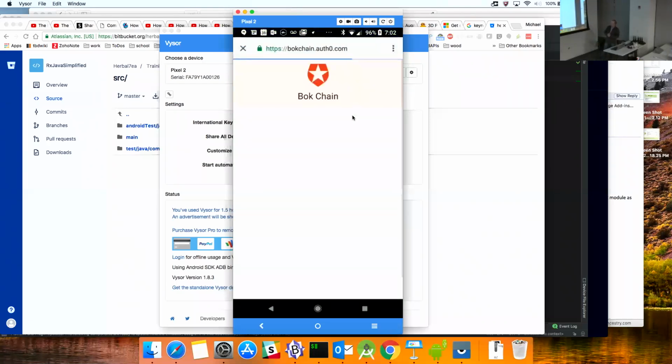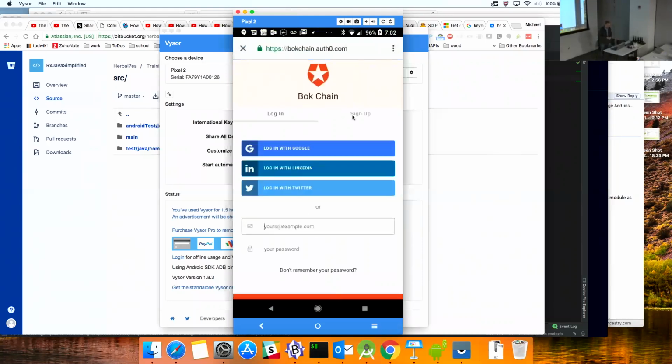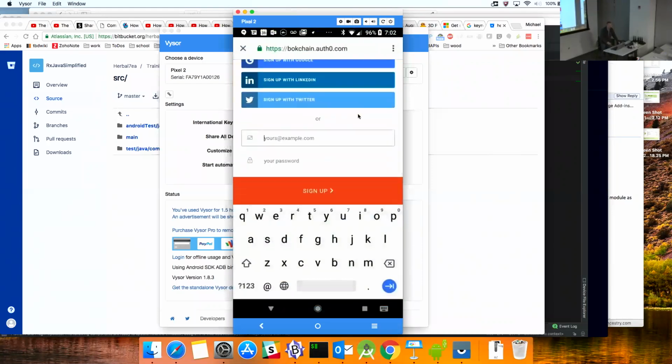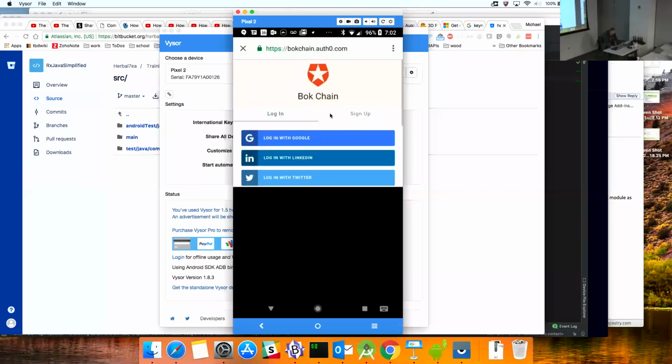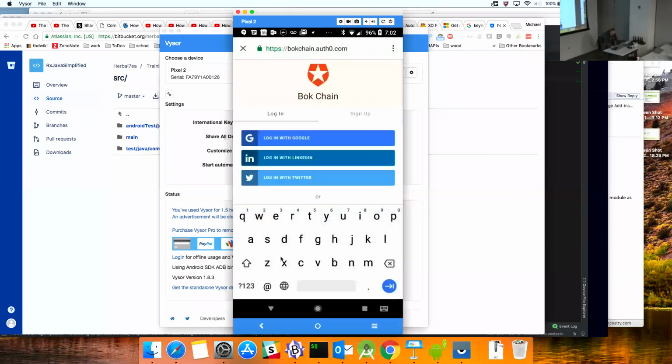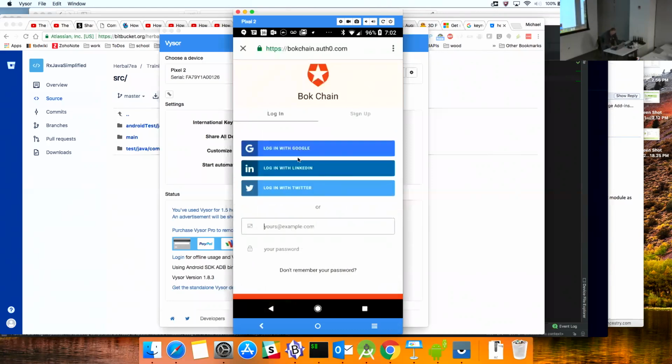So show login. There's a sign up. If you want to do traditional username, password, or email password, you can configure that as well. Or you can choose several social logins. I've got 3 up there. So I'm going to log in with Google.